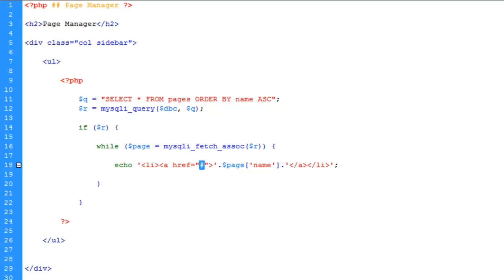So let's get rid of this pound sign here, and we could either type in index, or we could just type in a question mark. And what that does is it's just saying this same page, reload it, but this time we're going to give it some parameters. So let's just say that, and then I'm going to do some shortcutting here and copy this and paste it here, and then we'll just change name to ID. Let's just save and upload that